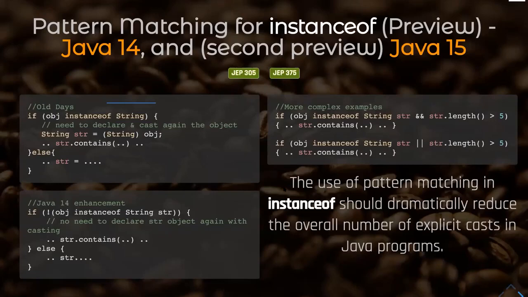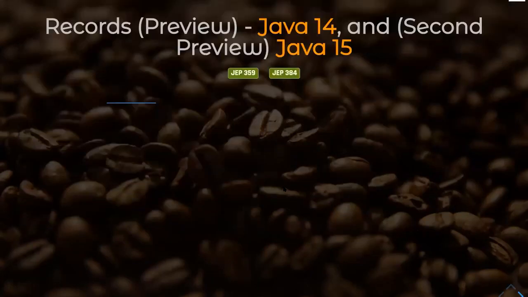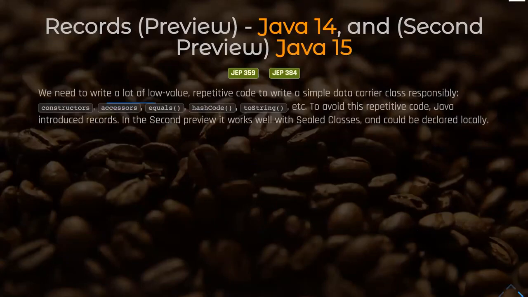So let's talk about data carriers. All of us use Lombok in order to implement data, toString, equals, all of this, and we use aggregate value for data. So we have to implement a lot of boilerplate code in our classes, and Lombok started to mitigate this pain.